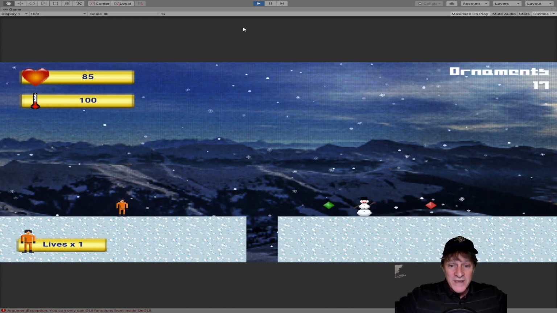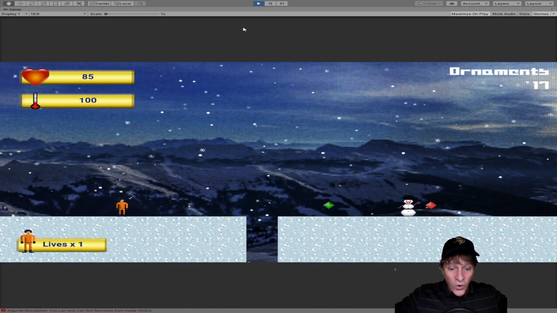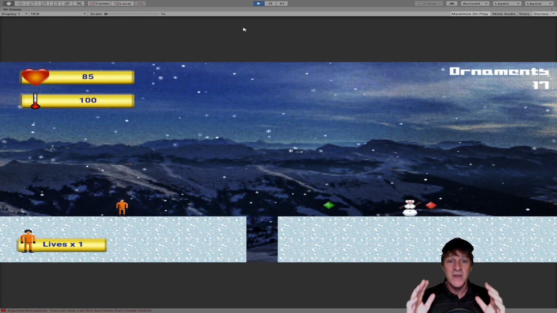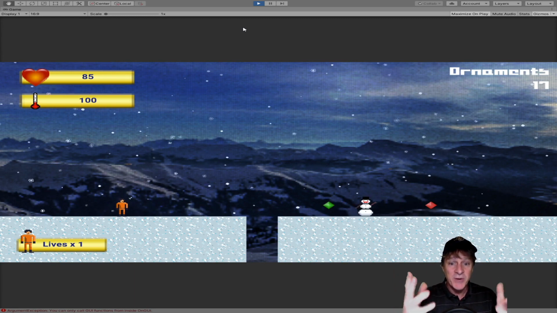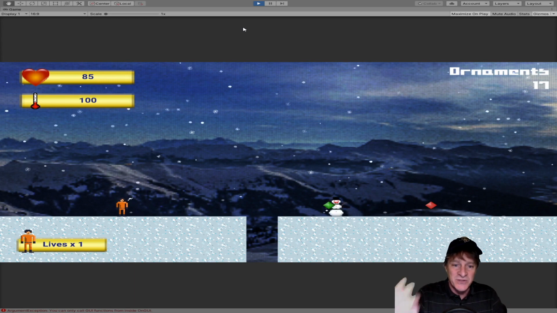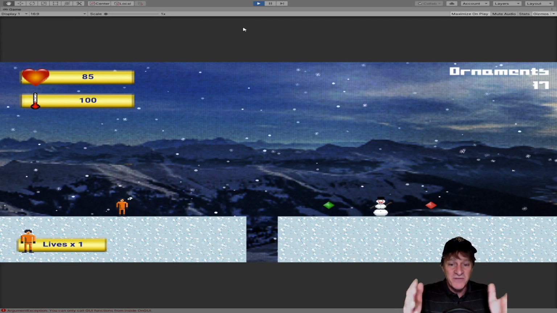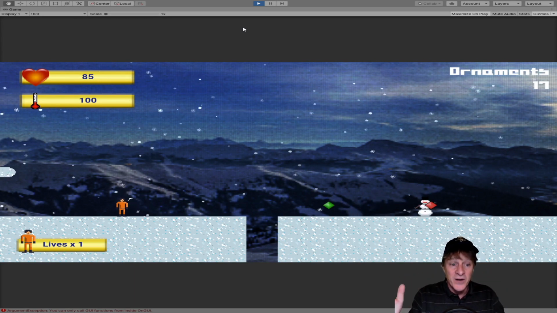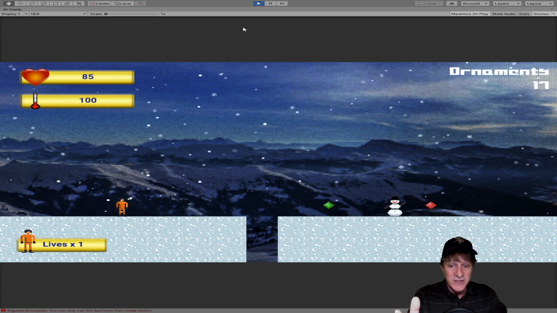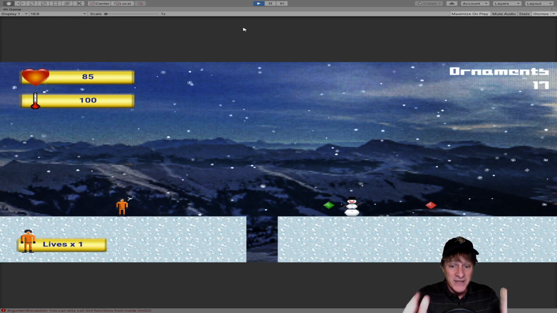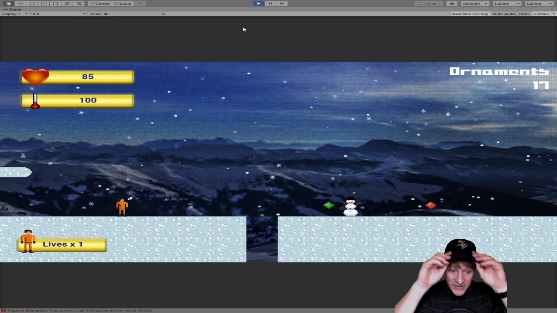But if you randomly create snow over the whole width of the platform, you've got another problem because there's just too many particles. It would take thousands of particles. It's going to slow the game down. And it's just not efficient to have it snowing everywhere where the player isn't. I just want it to snow on the screen where the player is. So I had to figure out how I could do that.